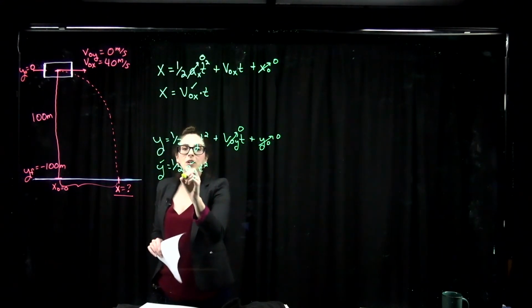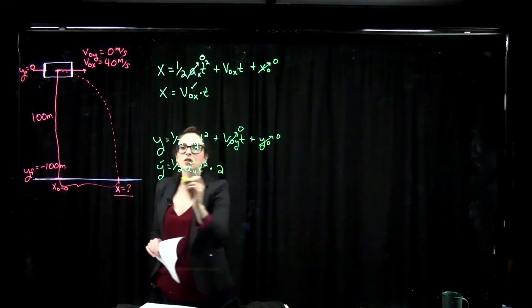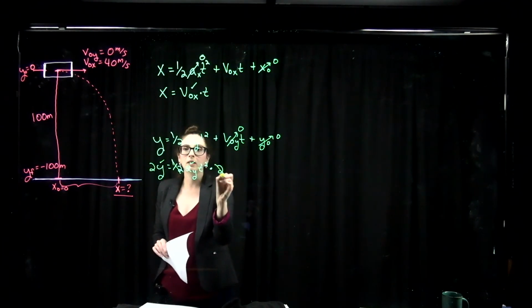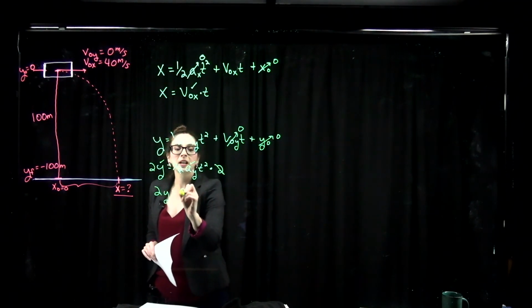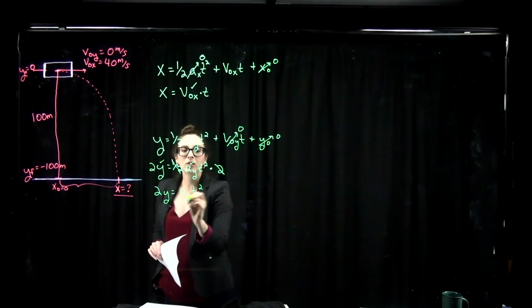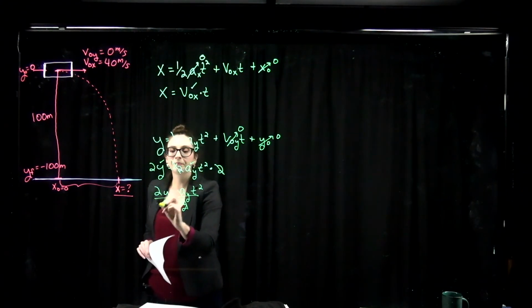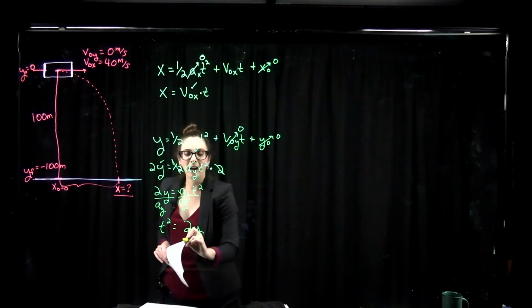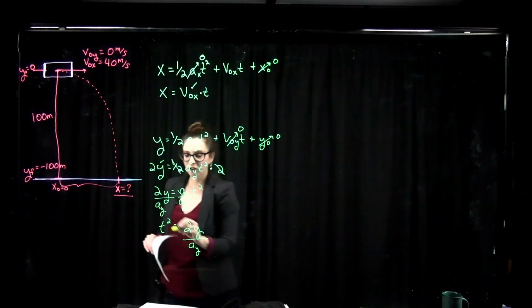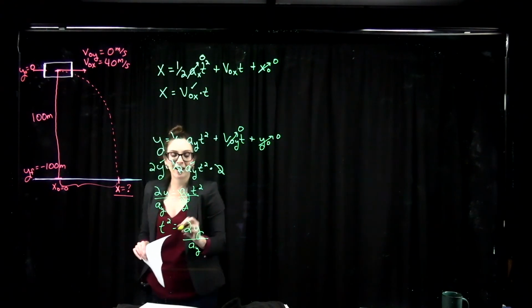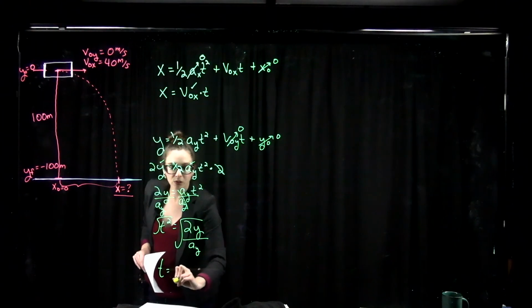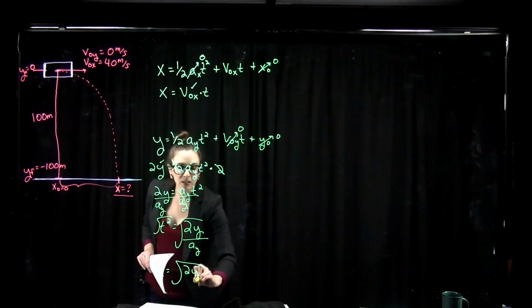Okay, so I'm going to get rid of this 1/2 and multiply both sides by 2. So when I do that, I get 2 times 1/2, that just becomes 1. Okay, so we have 2y equals ay t squared. Divide both sides by ay, a sub y. So t squared is equal to 2y over our acceleration in the y direction. Square root both sides to get rid of the squared on the t. So then t is equal to the square root of 2 times our final y position over our acceleration in